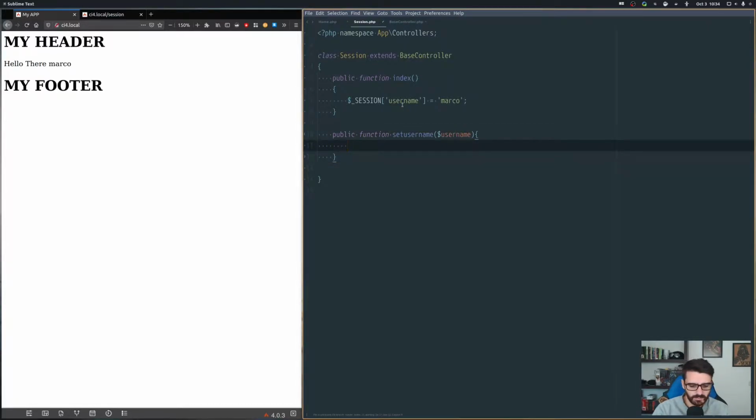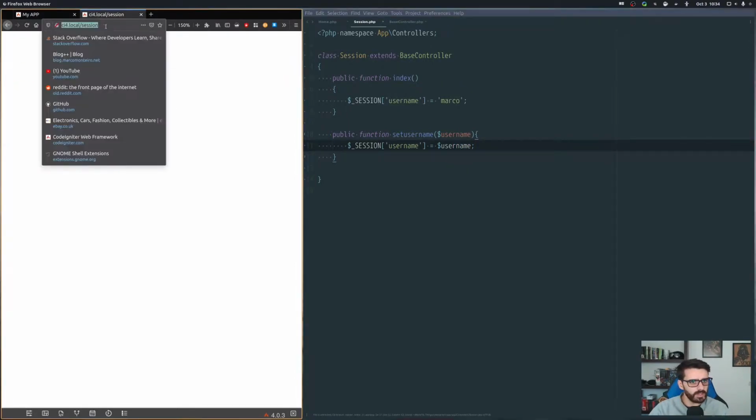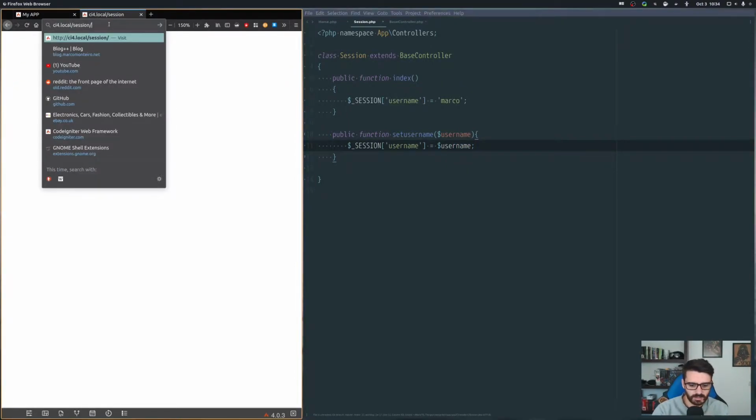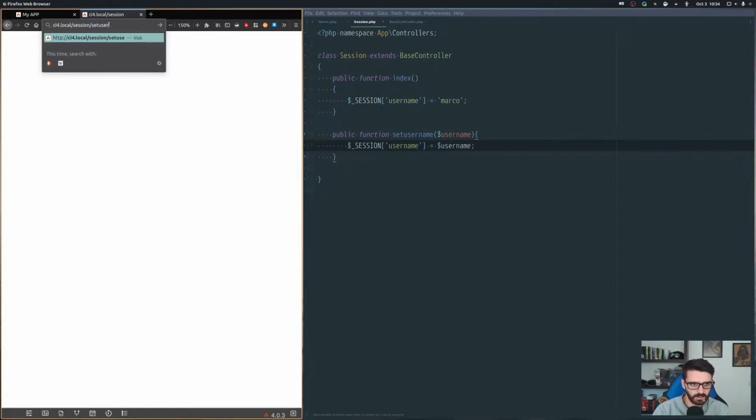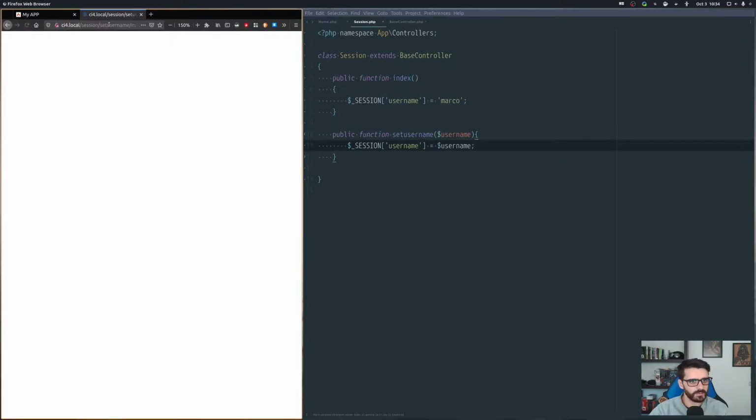I can just say session username equals username. Now if I go to session set username and say Marco Data,